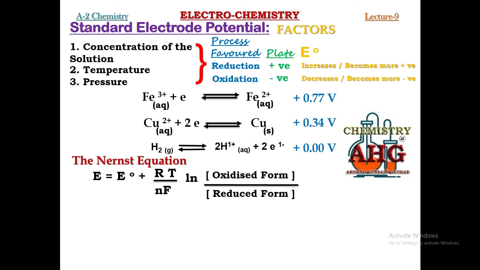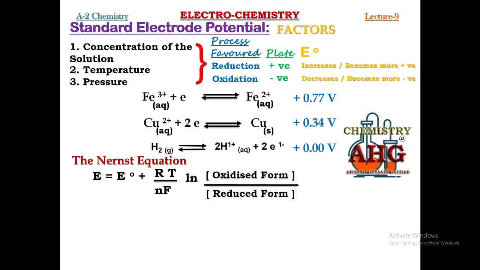F is the Faraday's constant that we studied in the previous lecture, and its numerical value is taken equal to 96,500 coulombs. So you must remember what the Nernst equation is and the meaning of E naught, R, T, and F. Log natural, you people know it's a mathematical method for doing some calculations, and the concentration of the oxidized form we will always take in the numerator, while the concentration of the reduced form will always be taken in the denominator.